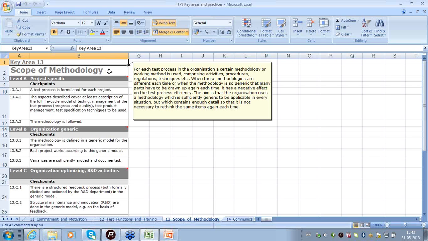When the methodology is very generic, it so happens that every time it has to be tailored, and a lot of effort has to be put into tailoring the generic methodology to suit a given project. And this effort has to be spent for each and every new project.